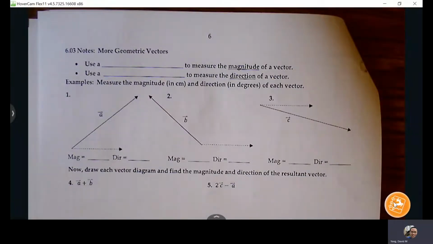So a lot of what we did leading up to this point, 6.1, when we did Pythagorean theorem and using tangent to find our degree measure, we're just really kind of applying that in more scenarios. So really not going to see anything that is new. Just getting more used to drawing vectors and finding magnitude and direction. So I think you'll find this pretty